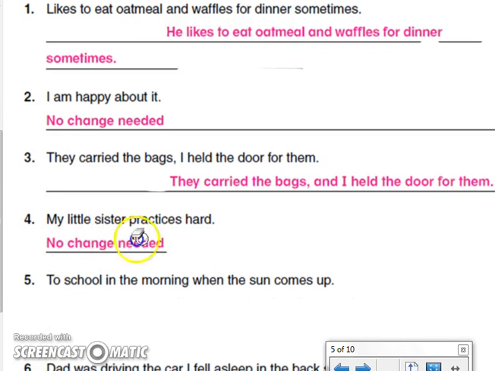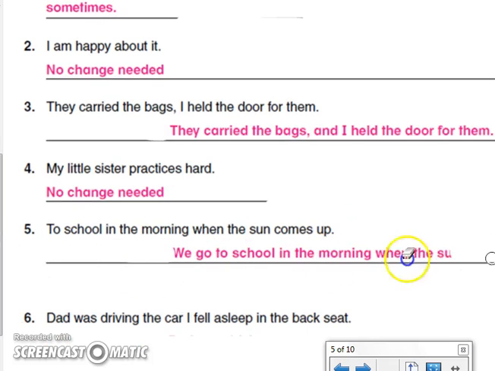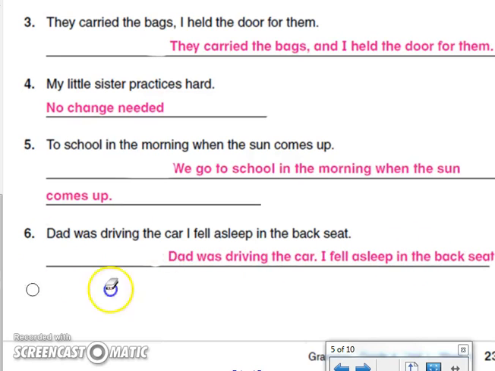Okay, last thing. My sister practices hard. No change needed. To school in the morning. We go to school in the morning when the sun comes up. And the last one, I'm hurrying so my recording's going to wear out. My dad was